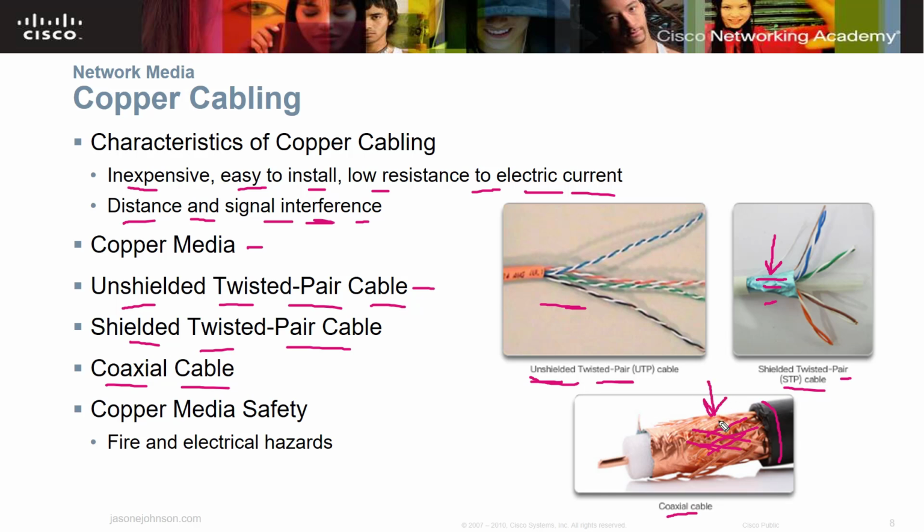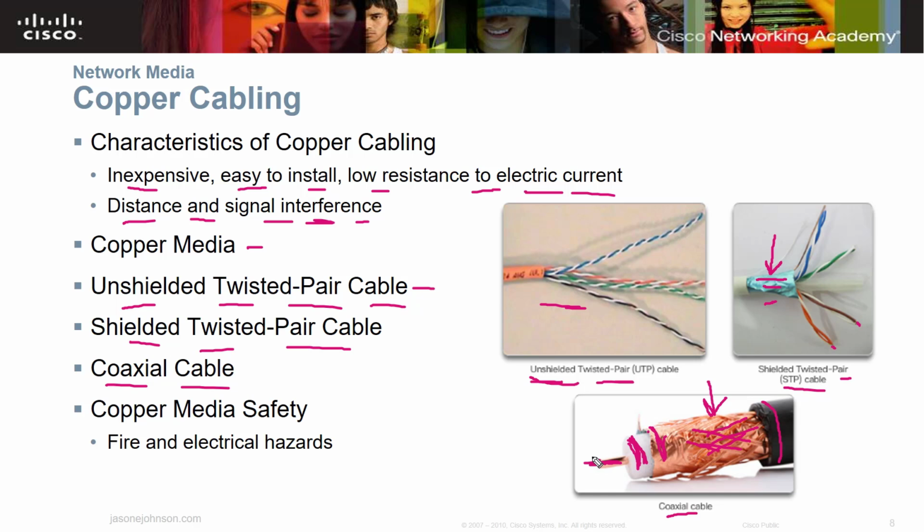If interference, it keeps that out. Then it's got this plastic coating here. It's got some more metal here, shielding. It's got this plastic here, and then it's got the copper line on the inside. It's larger. This copper line here is much larger than the different pairs of wires that are coming in here. So it's less bendable. It's less flexible.